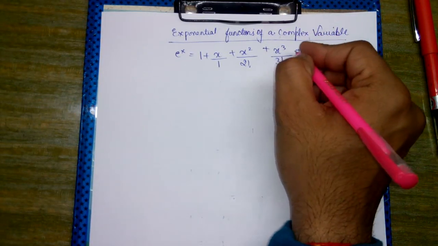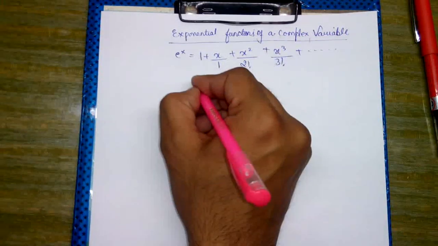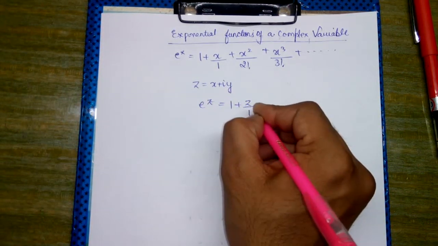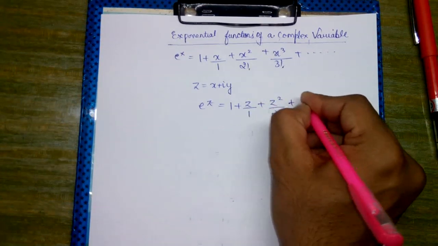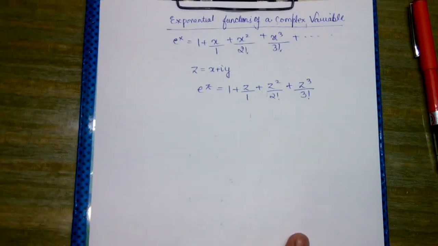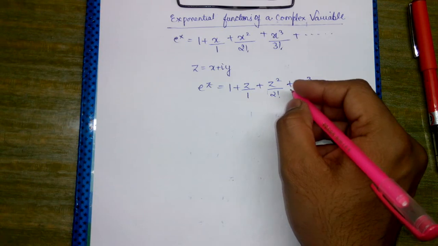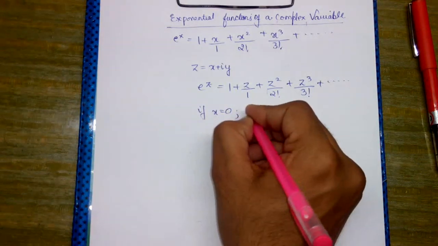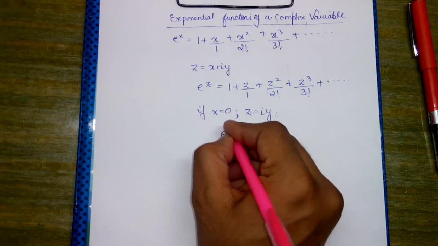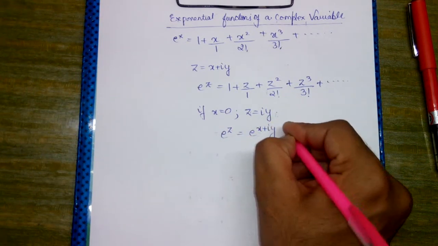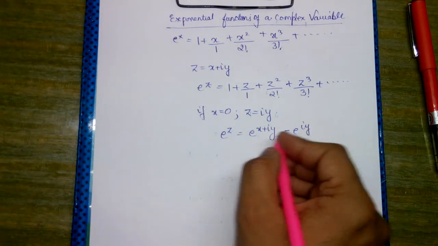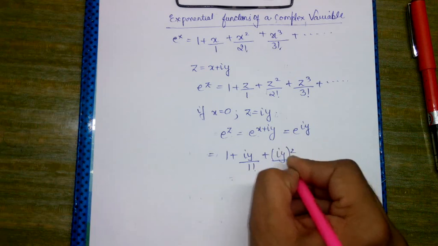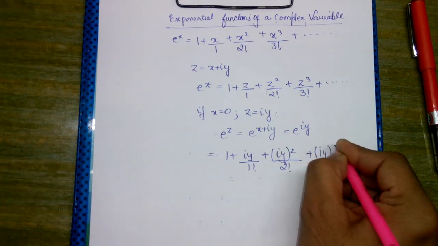Okay, so we can also define this exponential function of the complex variable such that z is equal to x plus iy. So e to the power z can be written as 1 plus z upon 1 plus z square upon 2 factorial plus z cube upon 3 factorial plus so on. Okay, now we know that z is equal to x plus iy, and if we put x is equal to 0, then z is equal to iy, and e to the power x plus iy would simply be e to the power iy, and e to the power iy can be written as 1 plus iy upon 1 factorial plus iy whole square upon 2 factorial plus iy whole cube upon 3 factorial